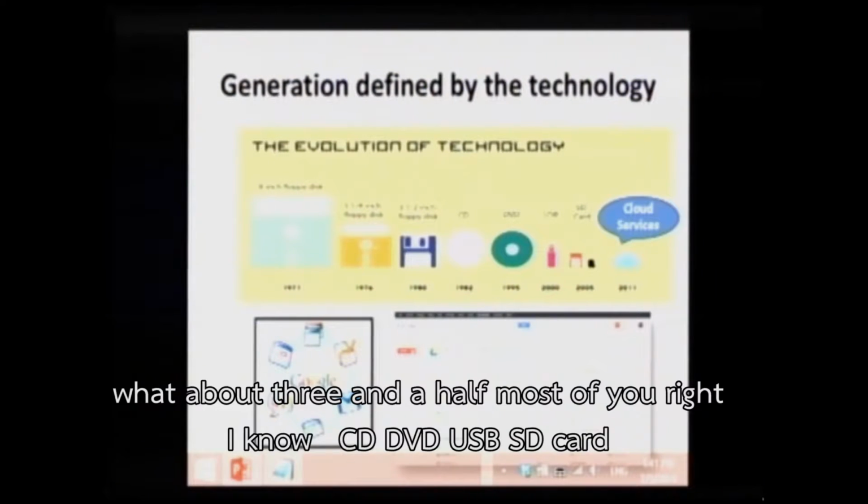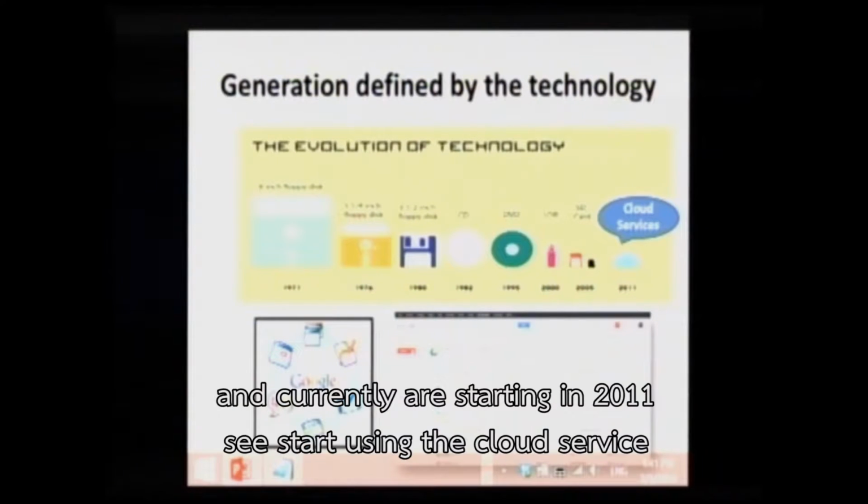What about 5-inch? Some. What about 3.5? Most of you, right? CD, DVD, USB, SD card, and currently, starting in 2011, we started using cloud services, right?